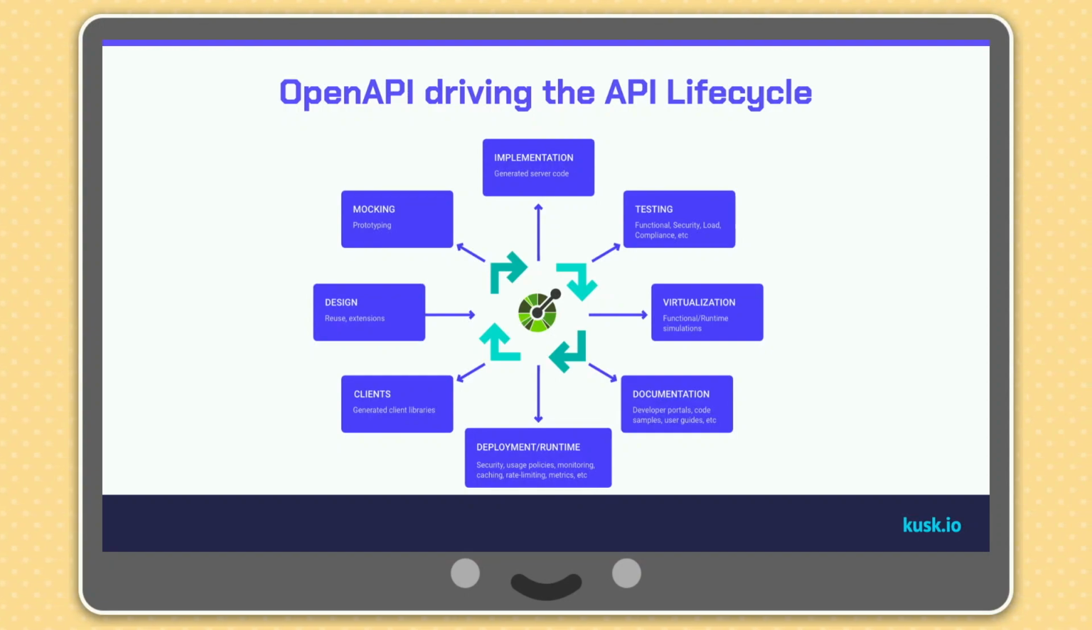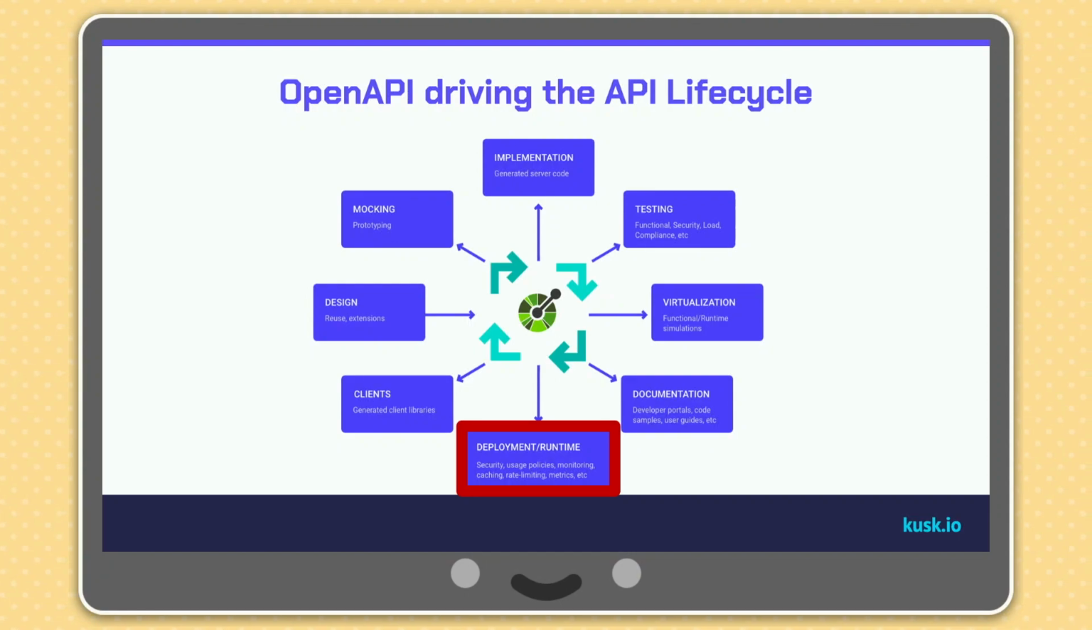So ideally, you would want to start from the left with design, mocking, testing, virtualization, documentation, and so on. And you would want OpenAPI to really fuel all these processes. Although at the moment, one of the hardships of OpenAPI is that there isn't such a good way of deploying OpenAPI APIs. Unlike, for example, GraphQL, which has Apollo, which is doing a lot of that job for the